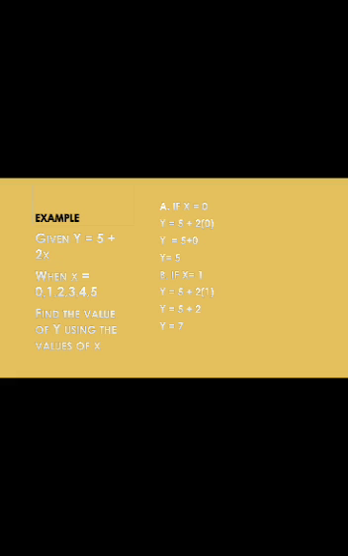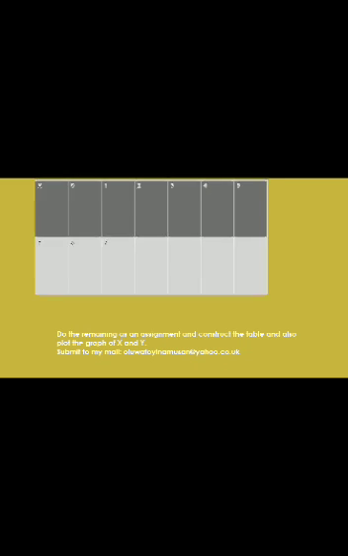Another one, the next one. Assuming the value of x varies, because we are given various values of x, assuming the value of x is 1, then we say y equals 5 plus 2 into 1. That is to say, y equals 5 plus 2. The value of y will be 7. Now, you are going to complete this as I've explained. Complete it.